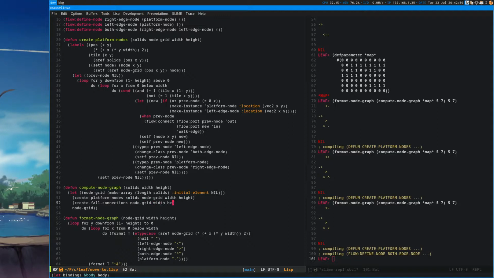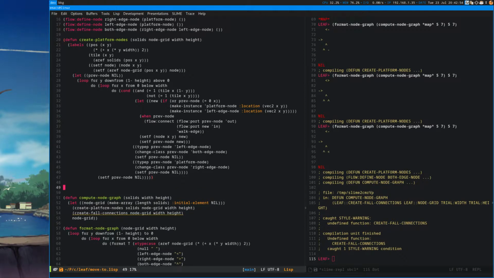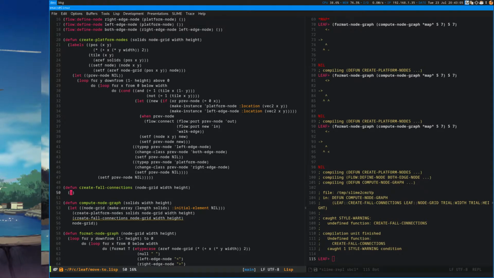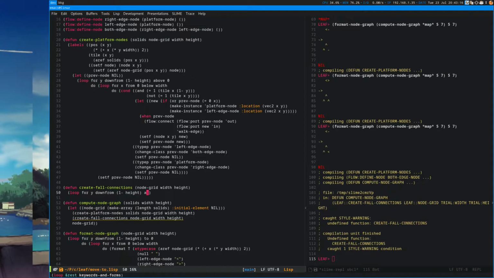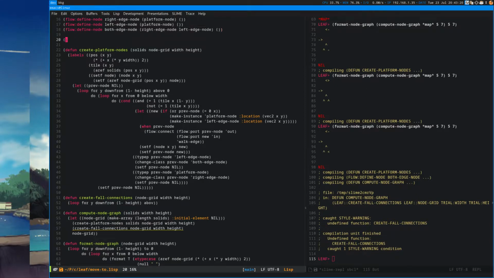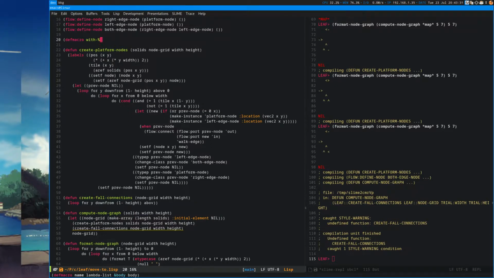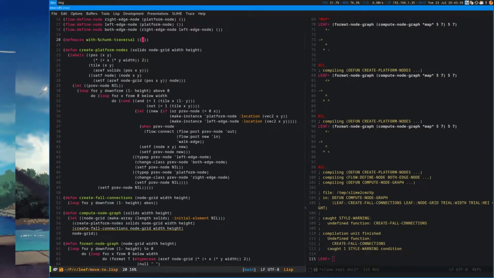Node grid with art. Okay. I should probably make a convenience macro for this iteration thing. With jump traversal, x, y, with